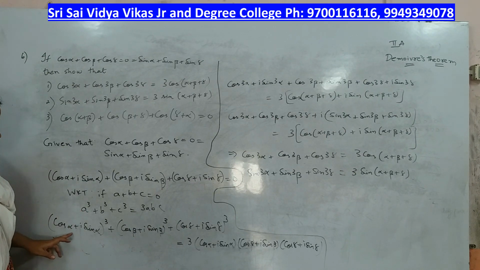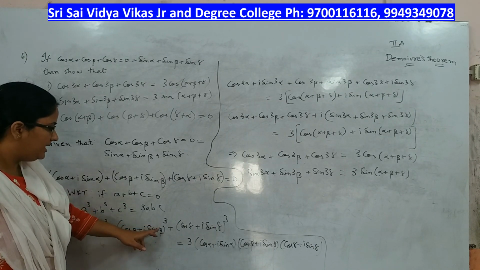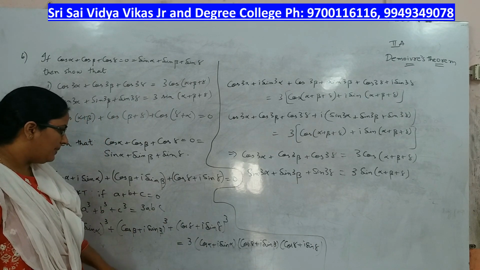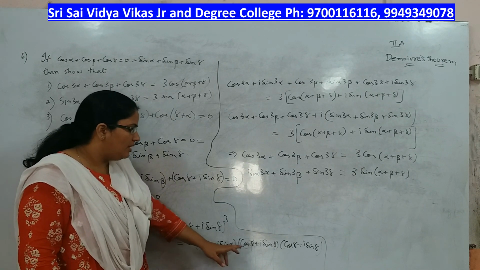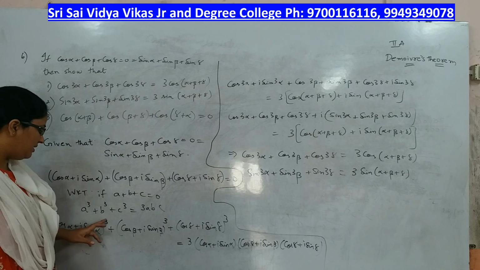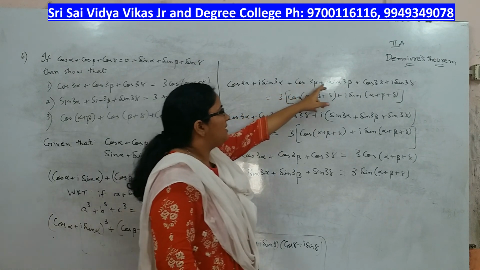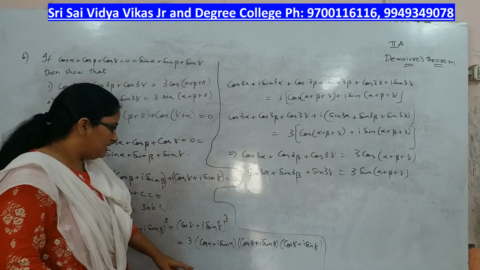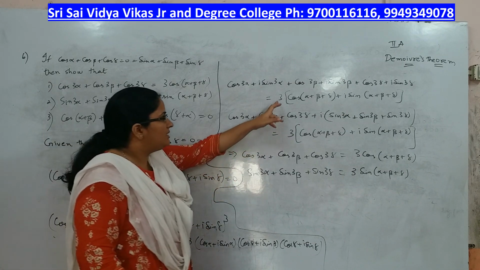What will be a³? (cos α + i sin α)³, b³ is (cos β + i sin β)³, c³ is (cos γ + i sin γ)³, that is equal to 3 into abc, that is (cos α + i sin α)(cos β + i sin β)(cos γ + i sin γ). Now apply De Moivre's theorem, bring this down, you have cos 3α + i sin 3α plus cos 3β + i sin 3β plus cos 3γ + i sin 3γ. This is cis α into cis β into cis γ. So you will have cis of (α+β+γ),